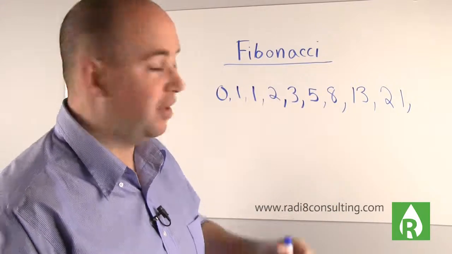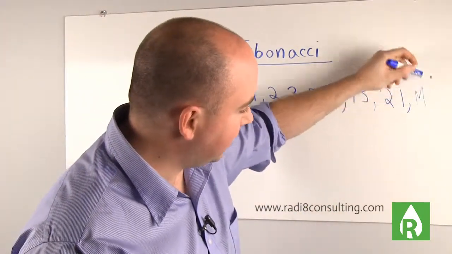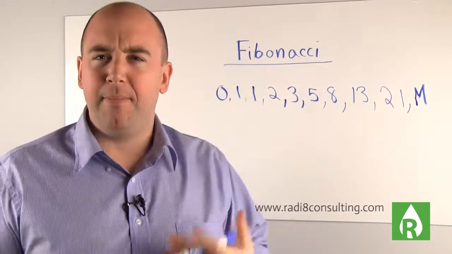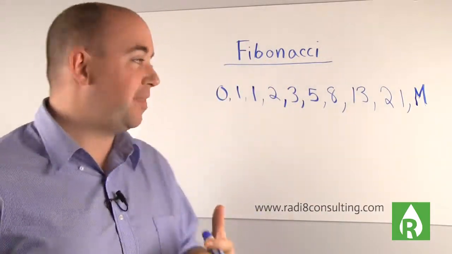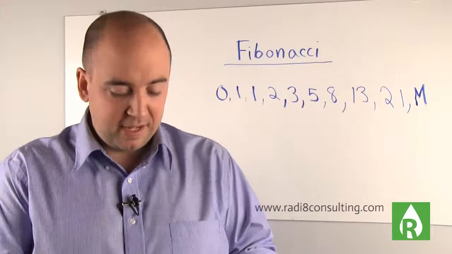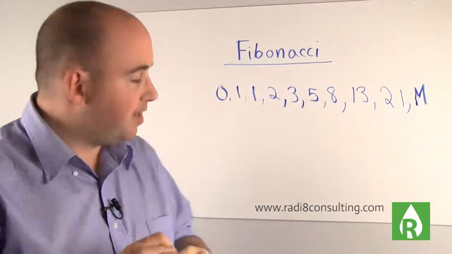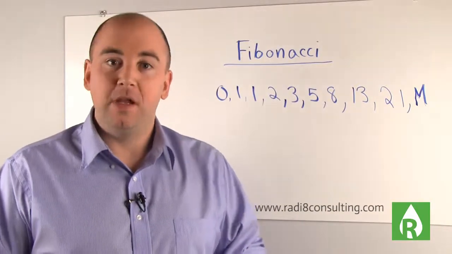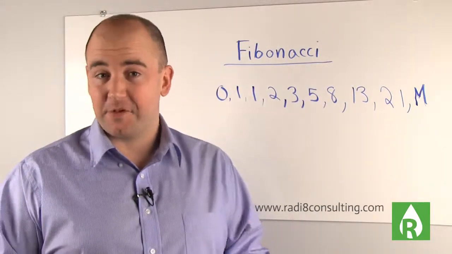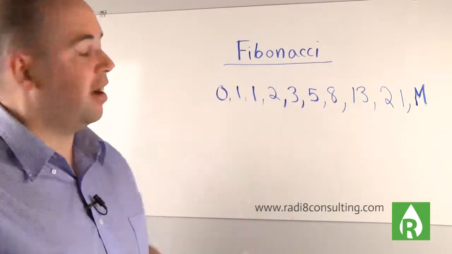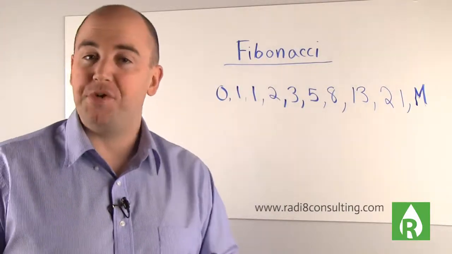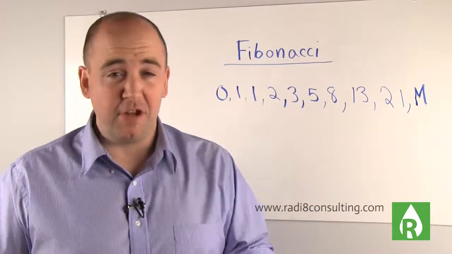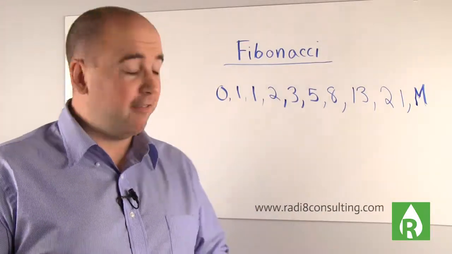Well, I'm going to throw a twist into this for you. I'm going to put a big M. I don't know if you can see that there. There we go. A big M at the end. Now, I want to represent that as monthly because it's important to understand that this sequence works fantastic with prospects. Now, a prospect obviously is somebody who's not a customer yet, because in these emails, you get a chance to educate them about what you do, how your products can help them, maybe some other products that you offer that they might not be aware of.